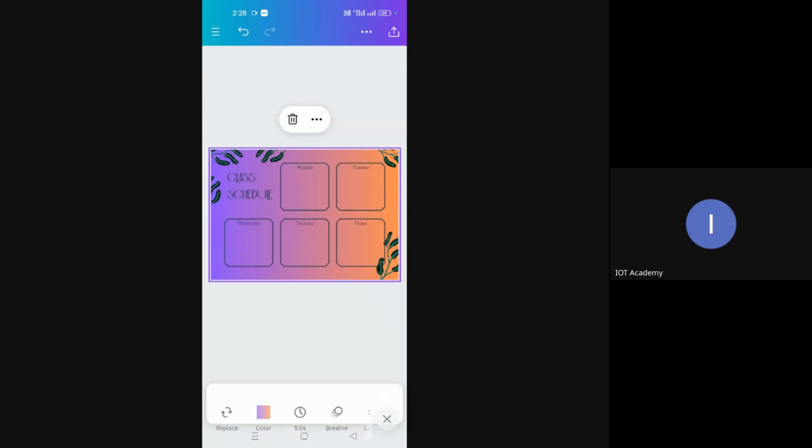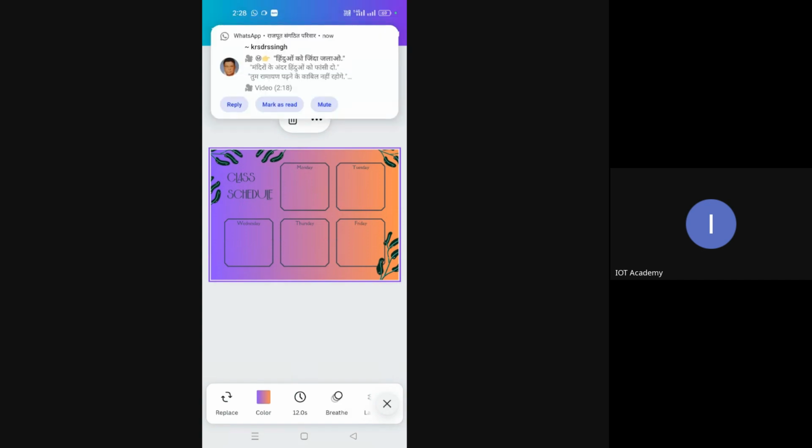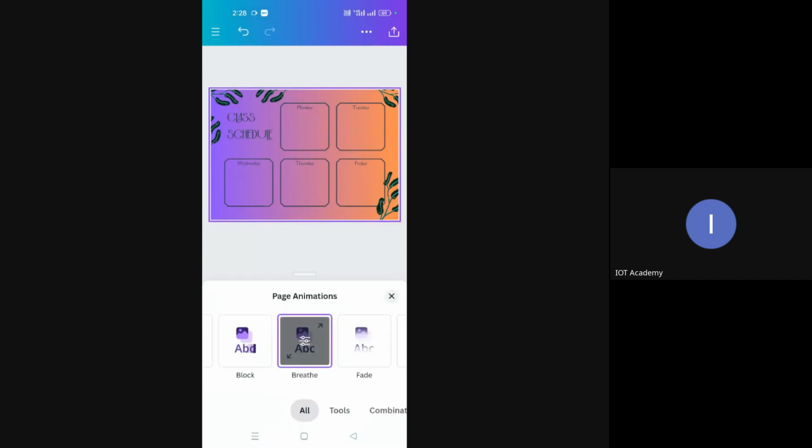That way we use marquees in HTML. Here also, if you want to animate, you can use it and you can fix the time for that animation. You can lower the time or increase the time on this timeline, selecting the time which you think is good for you. Then we have page animation.